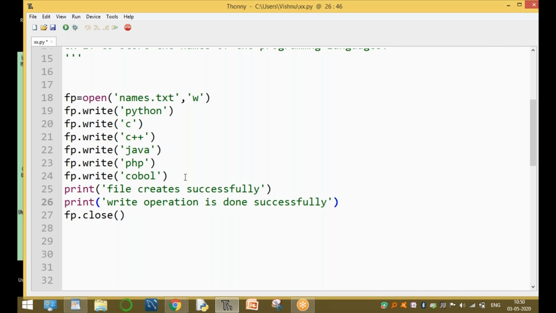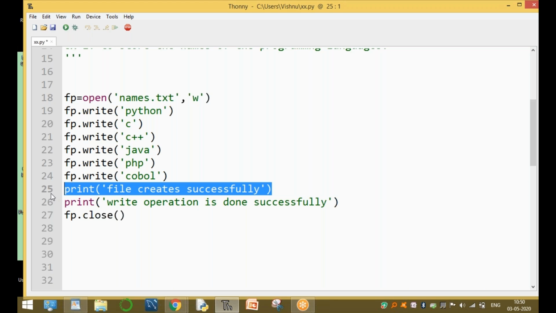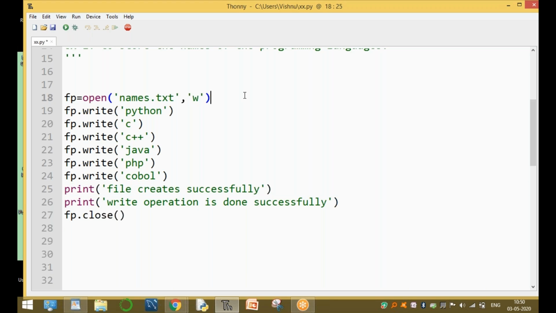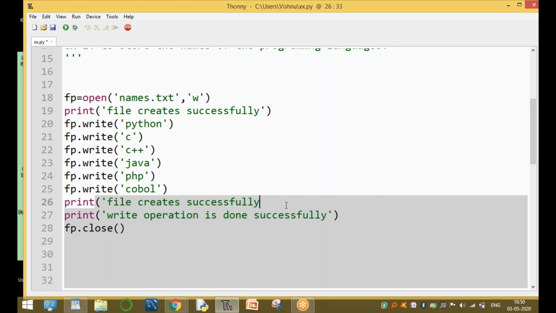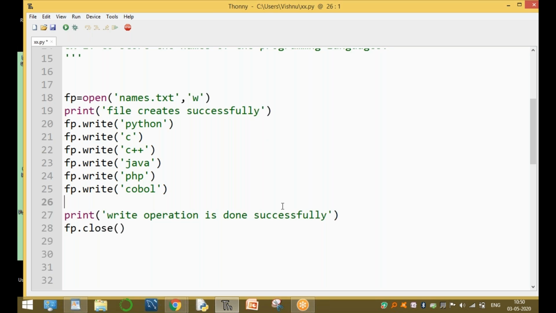Write operation done successfully. Here, this is the first line, file creation. The file is created successfully, and the write operation is done.